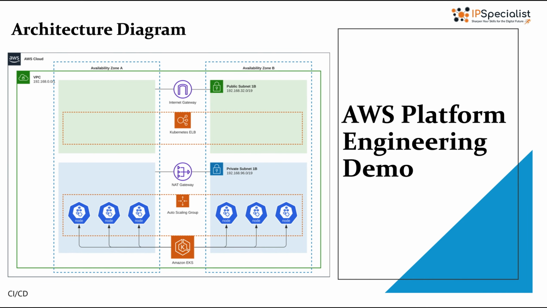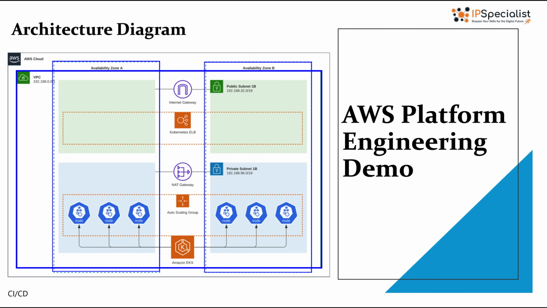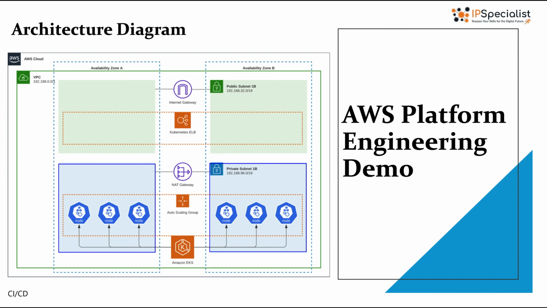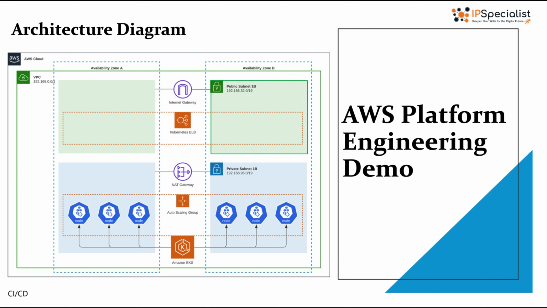This is the AWS architecture we will deploy for our platform engineering demo. At a high level, we have a VPC spanning two availability zones. Each AZ contains private subnets for Kubernetes worker nodes and public subnets for the load balancer. The internet gateway sits in the public subnet, so external traffic can reach the load balancer, and a NAT gateway